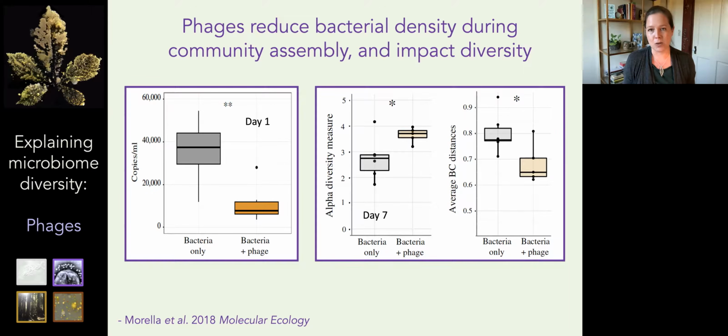And this is telling us two things. It's telling us that these natural field-grown tomatoes had lytic bacteriophages, and those phages are capable of killing the bacterial community or individual members in there, most likely. Okay, so during that first day, we see a reduction in density. What does that do to diversity?